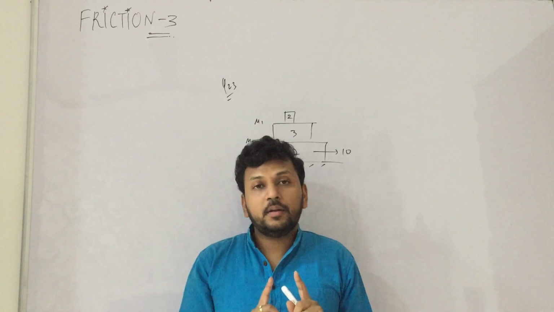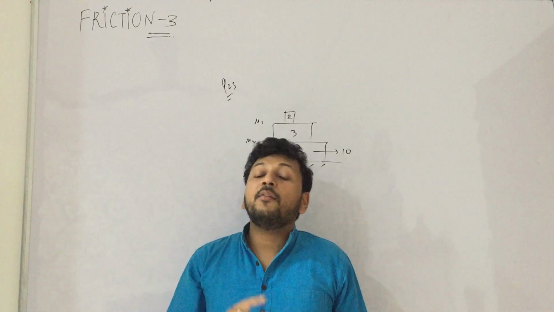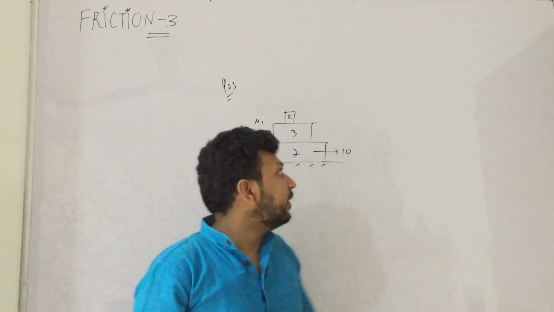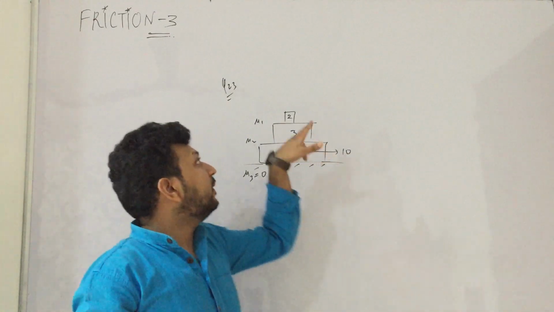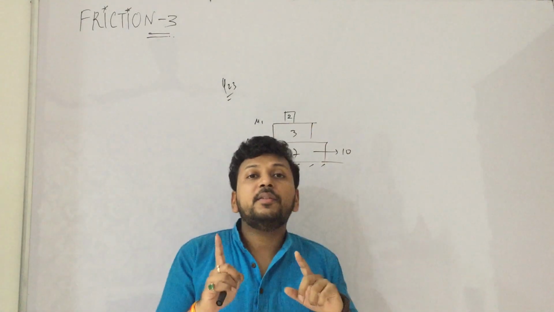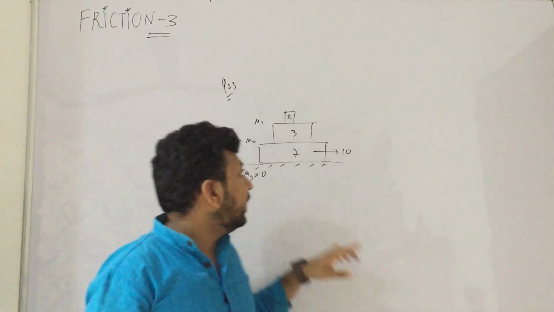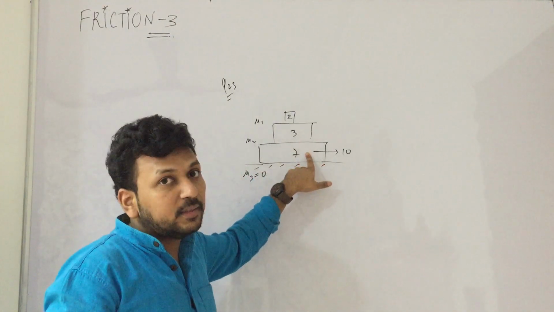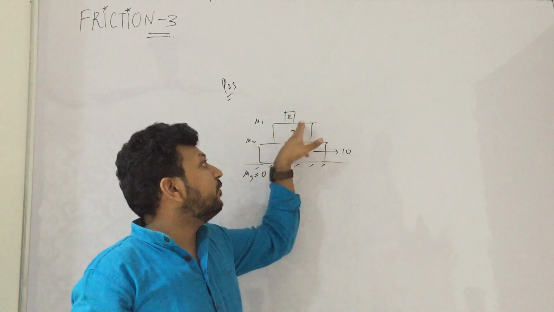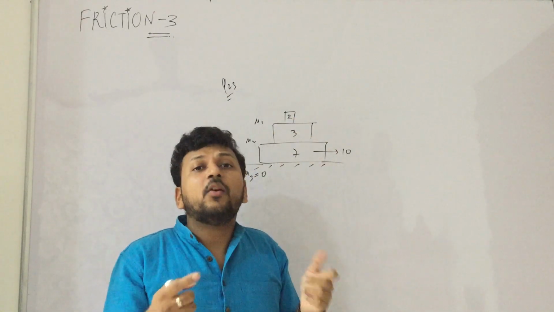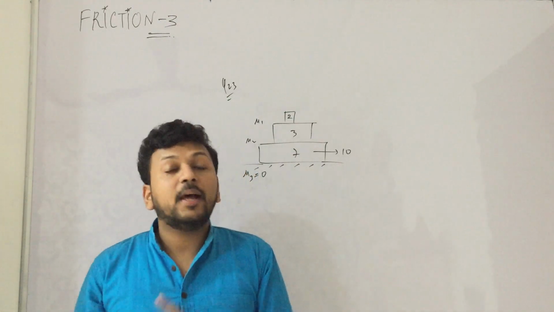If there is any fault, if you see that the friction has overtaken the value of mu n, then you have to consider another case. What will be the other case? Like 7 kg is moving separately and these are moving separately. If there is a relative motion between them, then the friction is maximum. If they are moving with different accelerations, then friction here will be mu n, and friction there will be mu n. Mu1 n1 or mu2 n2, whatever is the pair.